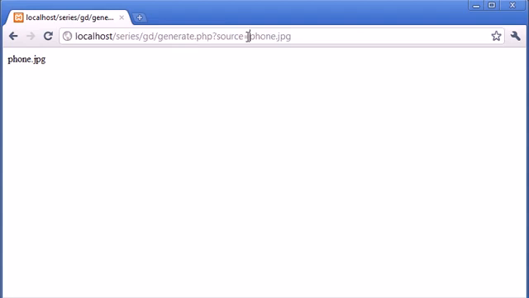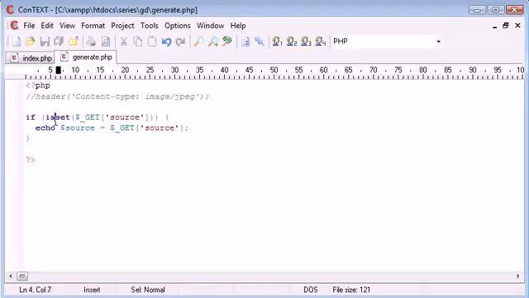You can do whatever you want with it. It's just going to be the location that our original JPEG file is at. So let's unecho that and uncomment that. Okay, so